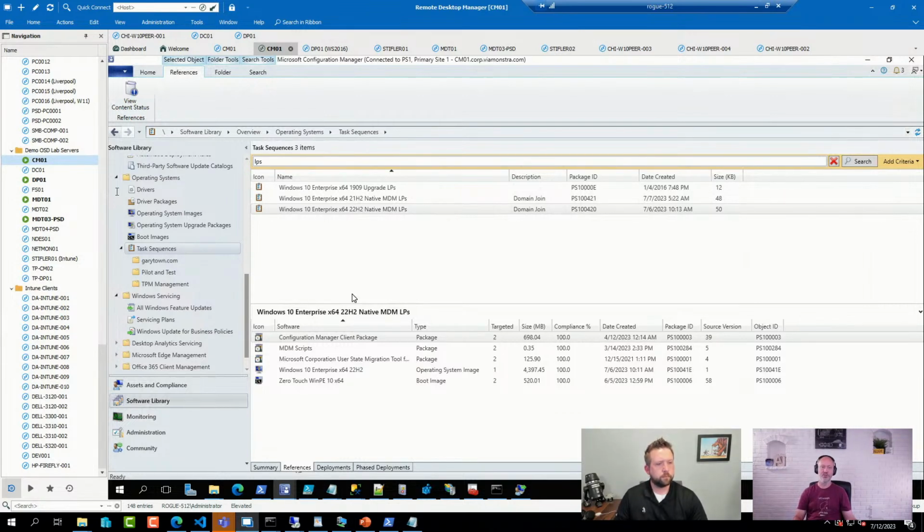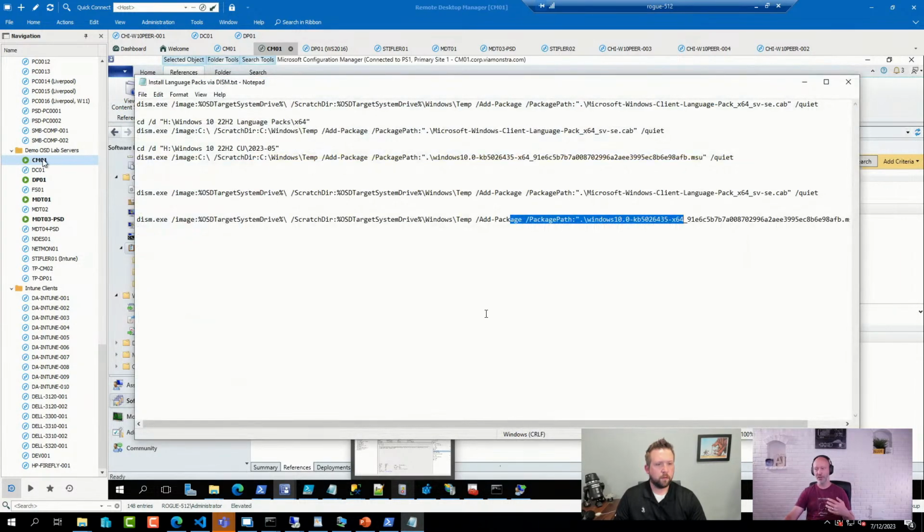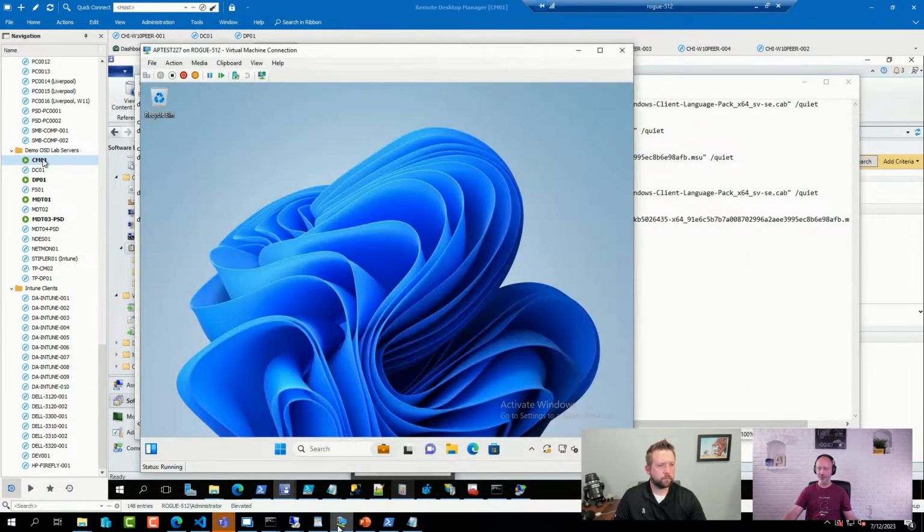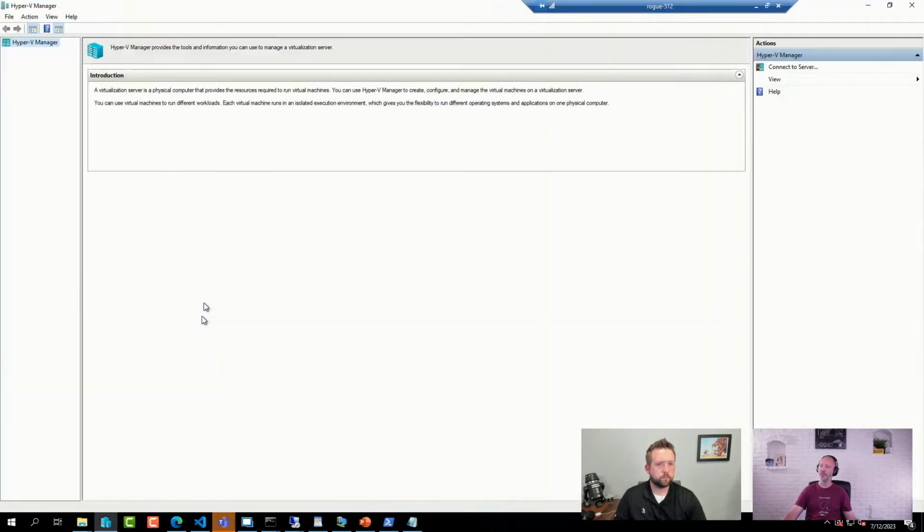So plenty of options available, but just watch out that if you do install them in 22H2 or Windows 10, congratulations, you have to apply the very same cumulative update that you have in your image once more. Otherwise, it will fail. Other options, of course, using OSD Builder. I tested that process, not on that one, but on